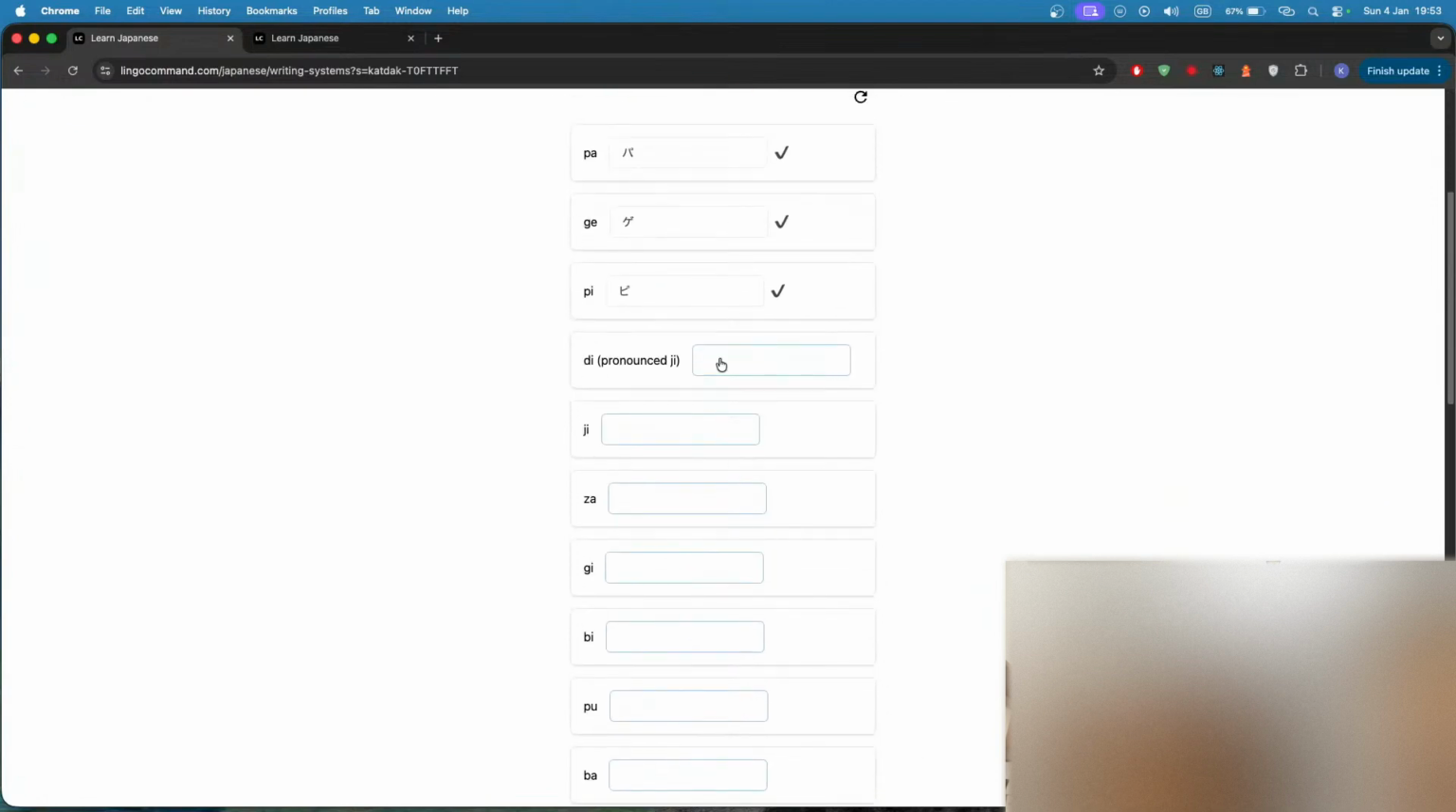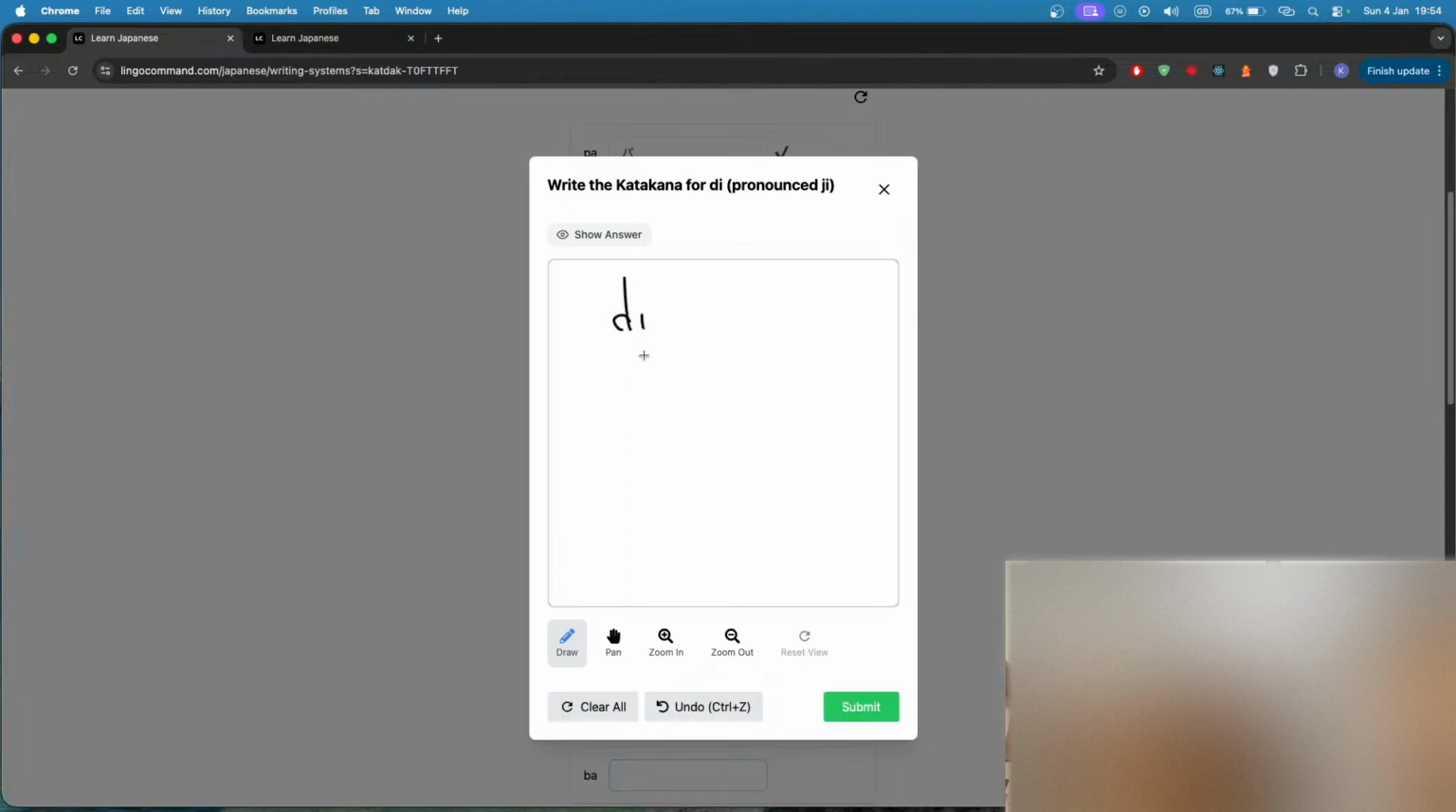And then, ooh, this is interesting. So this is written di. So this is in the cluster of da, di, du, de, do. But this di is pronounced ji, so it's da, ji, do, da, do. And this might even be, no, I think it's actually just that one. In any case,